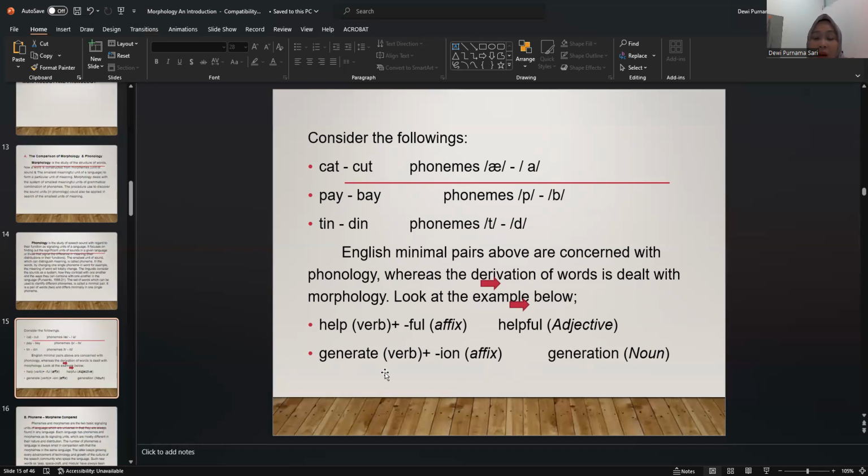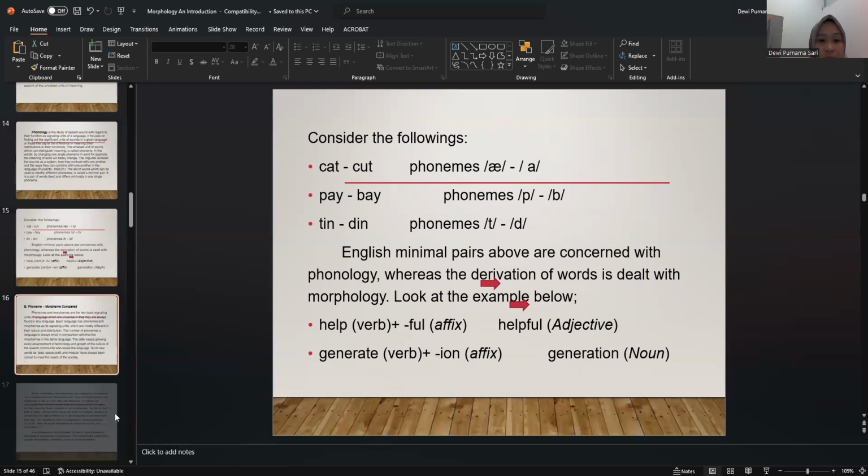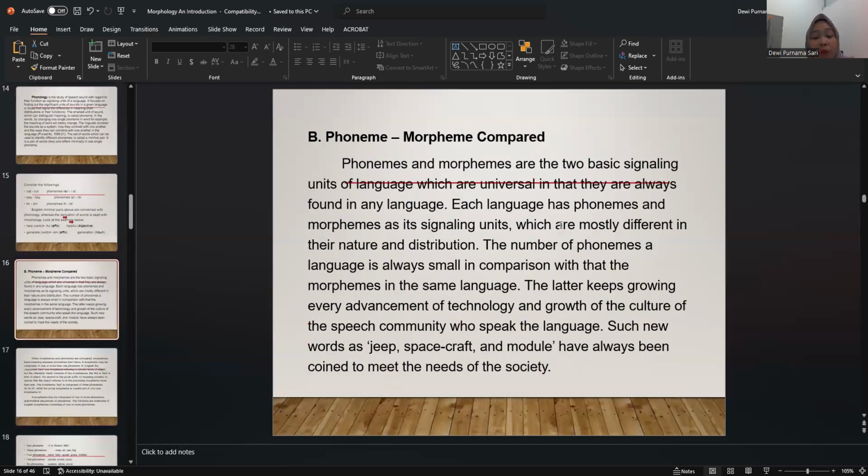That's why they are quite the same: the term phoneme in phonology and morpheme in morphology. Okay, phoneme and morpheme compared. Phonemes and morphemes are two basic signaling units of language which are universal in that they are always found in any language. Each language has phonemes and morphemes as its signaling units, which are mostly different in their nature and